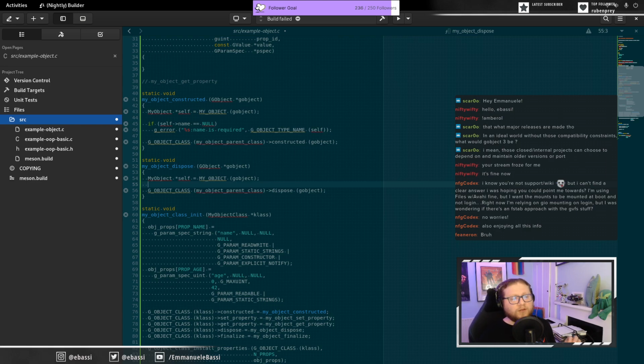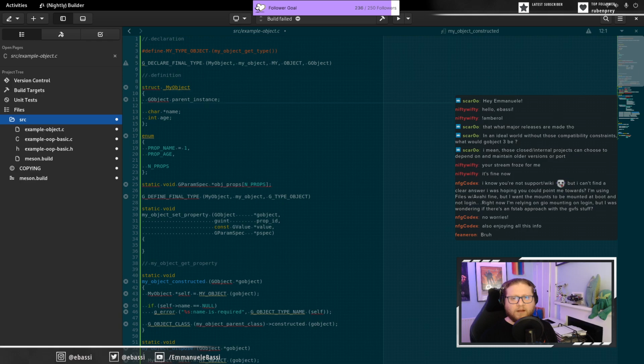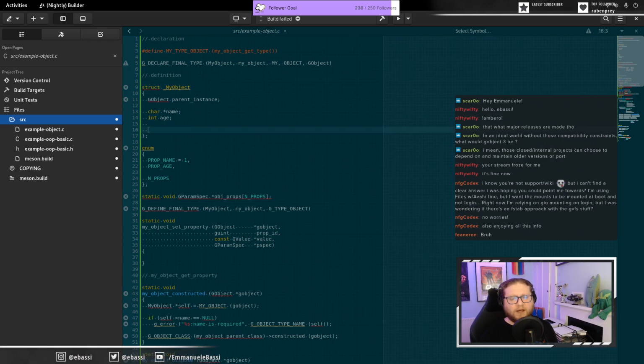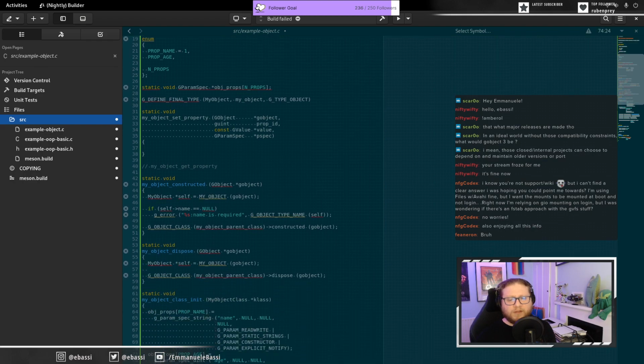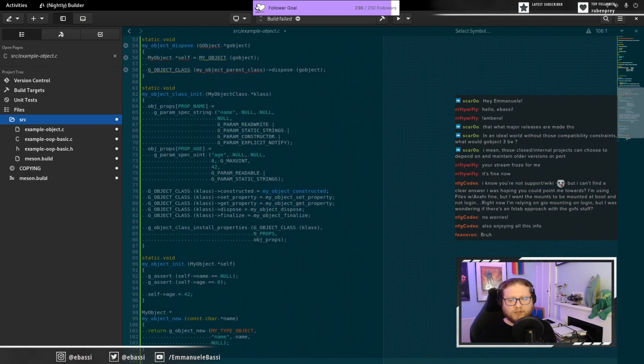So if at any point in time your instance acquired another object as a reference to it, for instance, your my object here, instead of having just char name here, had an other state object here, and at some point you had a function that is